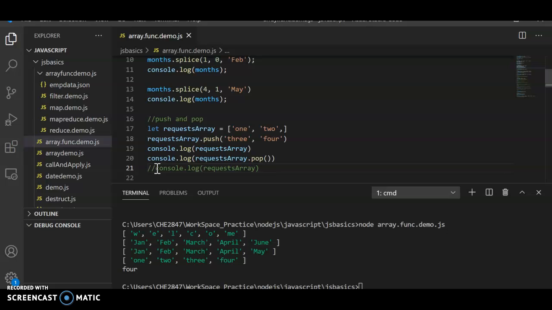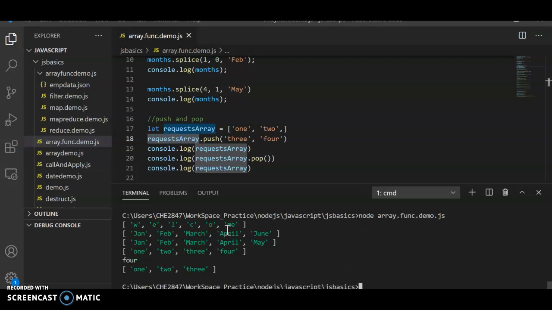And if you want to check whether there are any changes to the request array, you can do that too here. So 1, 2, 3. It also deleted that from the existing array. After the push you had 1, 2, 3, 4, and you deleted the fourth one using pop, and your remaining is 1, 2, 3. That's why I see 1, 2, 3 here.